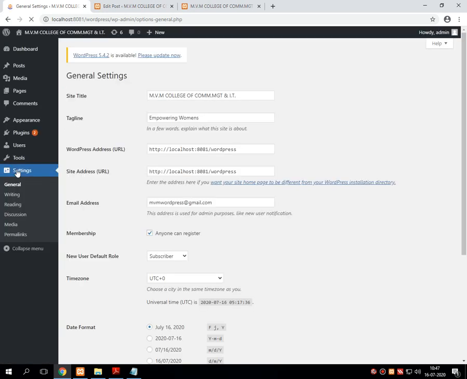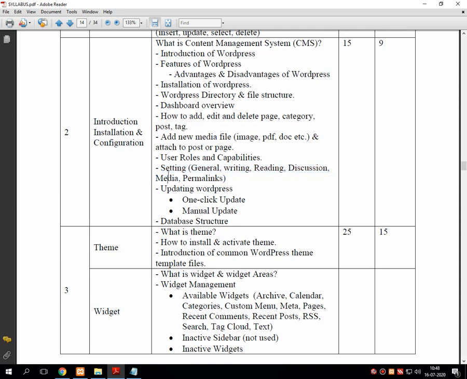Students, I request all of you to just go through these settings, but don't make major changes to this particular option. It might be possible that it can corrupt or stop WordPress from working properly till you have expertise knowledge of the settings. It's just for review purposes right now. So this was all about user roles and capabilities and the settings that we can do in WordPress.